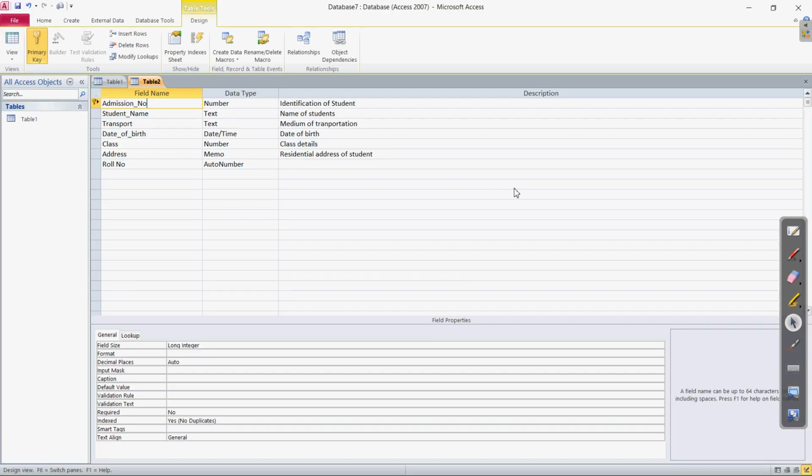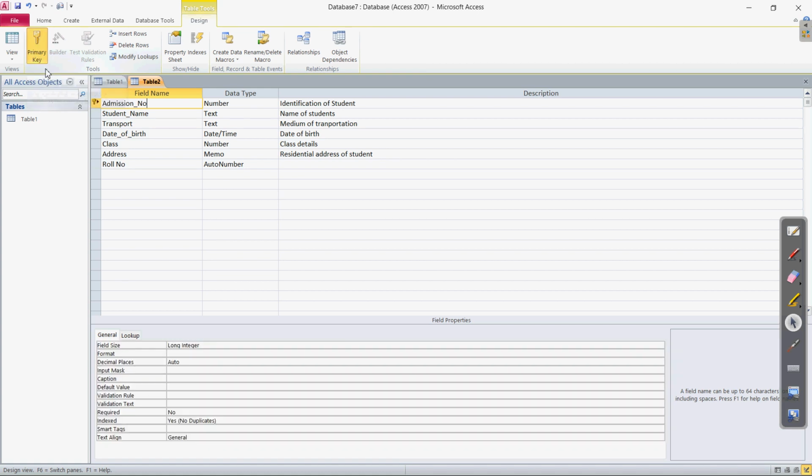Let us come and see, is it happening? Coming back to the software window, as we have chosen admission number, it is already showing the primary key symbol here also. Again if I click on the admission number, it is already selected, and I click on the primary key again. Here you can see the key symbol is removed now. So it means that this field is no more the primary key. Clear? So this is the meaning of on-off toggle.